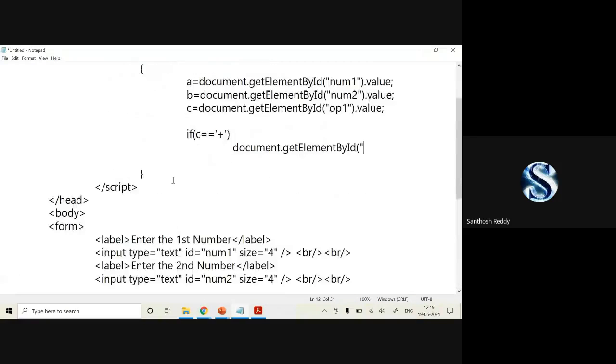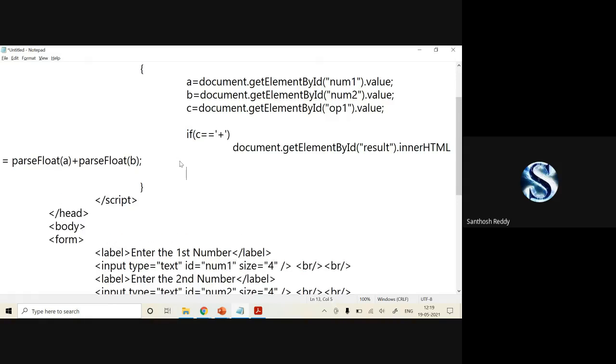How I've written result is result colon, double quotes, dot innerHTML is equal to parseFloat of A plus parseFloat of B, and give a semicolon. That's it. The same thing you have to continue for your else.